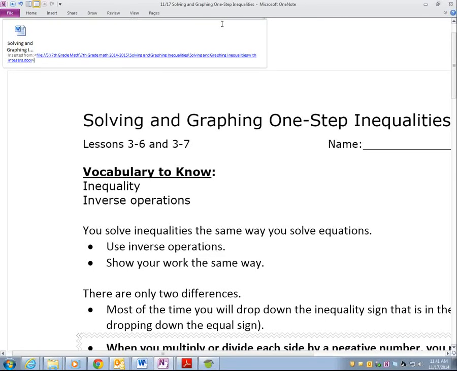An inequality. Now let's think about the word inequality. What is an equality? Something that's equal. We've been solving for equalities. This is an inequality. So what do you think that means? Not equal, exactly. It's like famous, infamous. Okay, it's not the same as fame. Okay, this is an inequality. And on your notes,